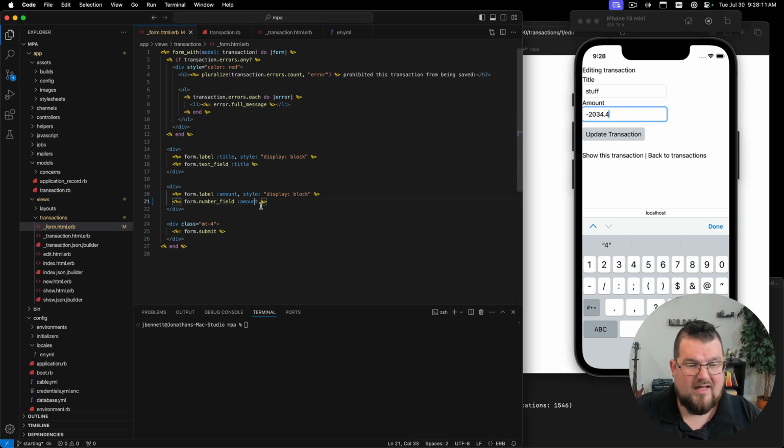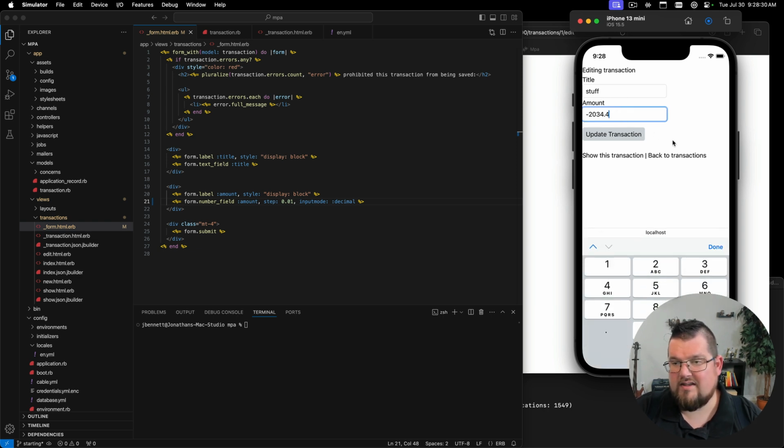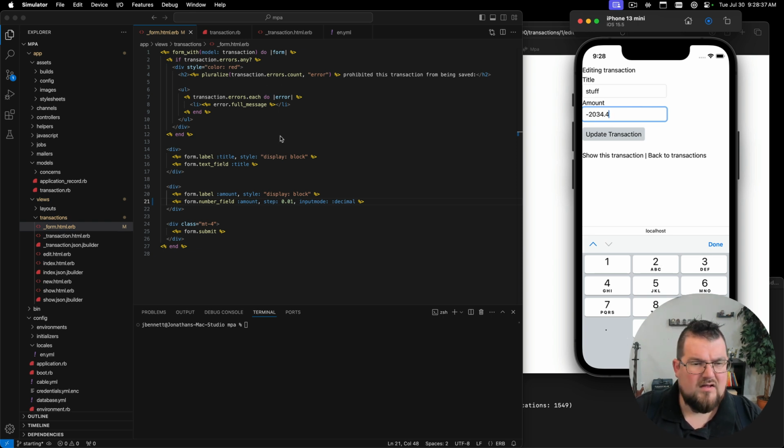And we can even improve upon that by specifying its input mode is going to be decimal. And actually, we also want to do a step in here of 0.01. And that's going to make it so that we don't go to fractions of a cent. So if we refresh this, we look at it again, then we have that nice number display, but we can't do a negative number. So to fix that problem, what we're going to be doing is